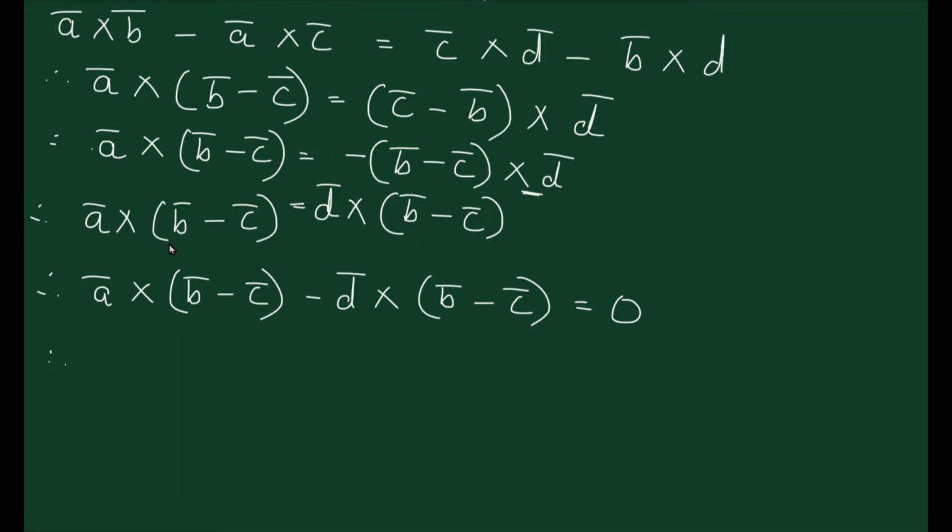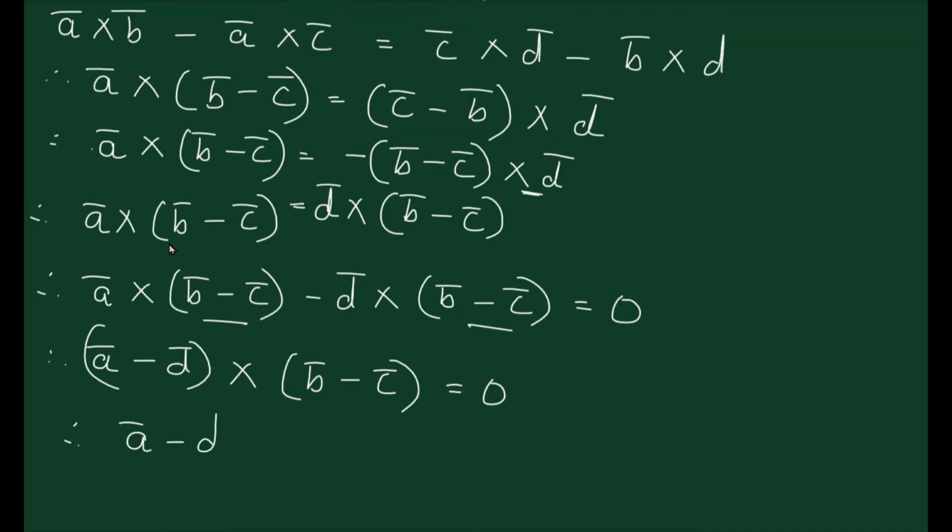Now we write over here, we combine. We see that B minus C is a common bracket, so we combine and write A minus D cross B minus C is equal to 0. We have already said that A minus D is not equal to 0 and B minus C is also not equal to 0. That means they are non-zero vectors. So if their cross product comes as 0, it only means one thing, that A minus D is parallel to B minus C, as they have told us in the question to be proved.